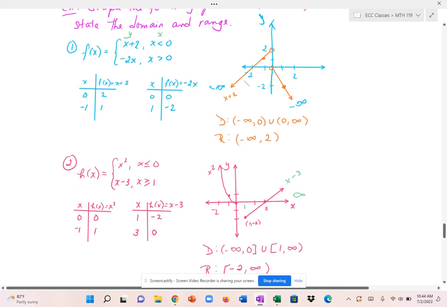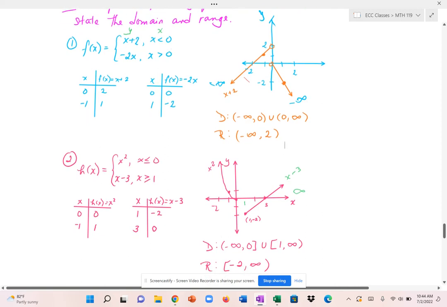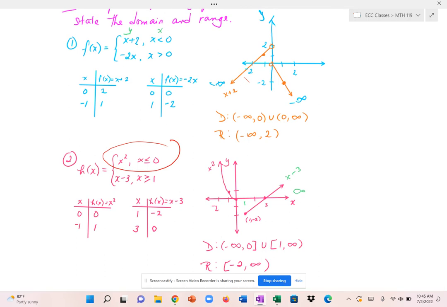Okay, here's another piecewise function. I have h of x is equal to x squared for values of x less than or equal to 0, and h of x is equal to x minus 3 for values of x greater than or equal to 1. The top part is a parabola. But I'm only interested in graphing part of the parabola, only for values of x less than or equal to